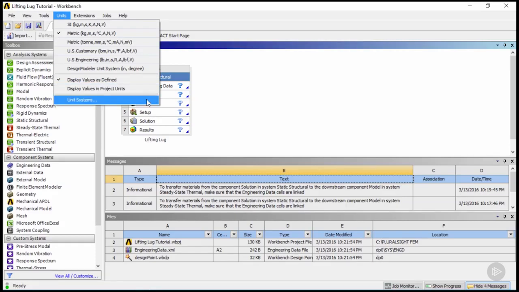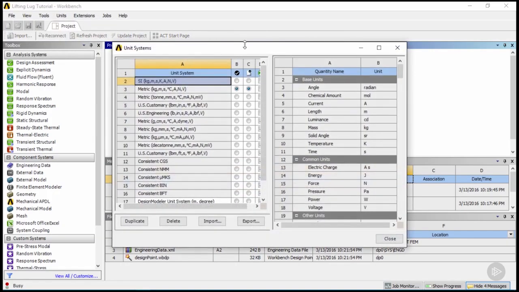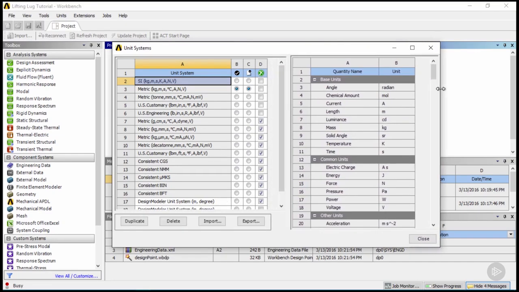The last option here is the unit system. So let's go ahead and click on that right now. Once you have that open, let's go ahead and make this box slightly bigger by dragging onto this edge and moving it to the right. So as you can see here on the left-hand side, you have a predefined set of unit systems. The column B here shows you the active project unit system. So as you can see, we've selected the number 3, metric. Column C is basically the default unit system. So every time you launch Ansys, this will be the default unit system that Ansys will go to,